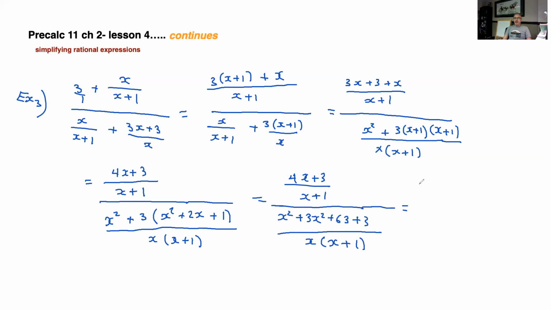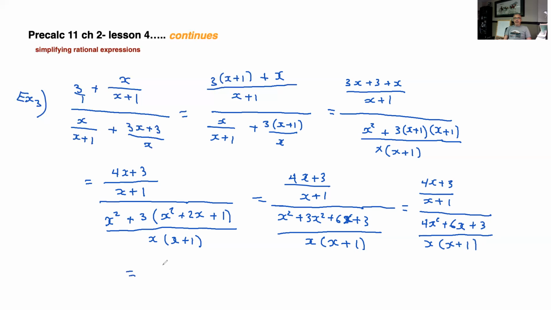I'm going to simplify the bottom for x plus 3 over x plus 1, so this stays the same. But this bottom here could be written as 4x squared plus 6x plus 3 over x plus 1,